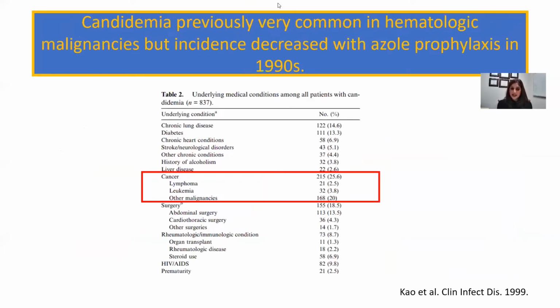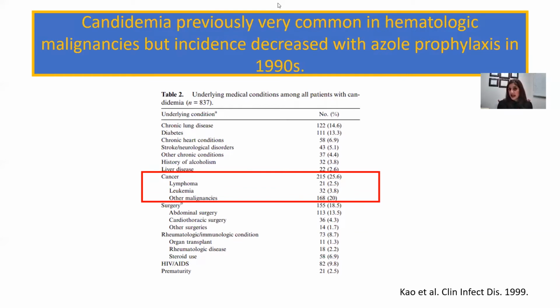And actually, prior to the introduction of azole antifungal prophylaxis, candidemia was a very common problem among hematologic malignancies. This study from 1999 showed that cancer was the most common underlying condition among patients with candidemia, followed by abdominal surgery and diabetes. And since then, we've seen a decline in the incidence of bloodstream infections, but we have seen a